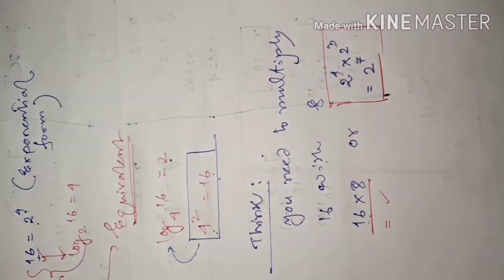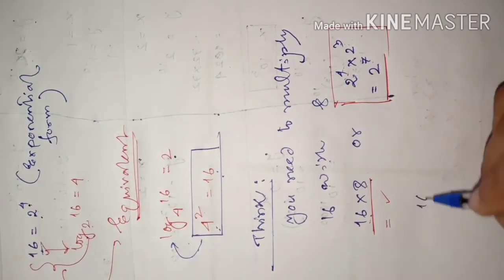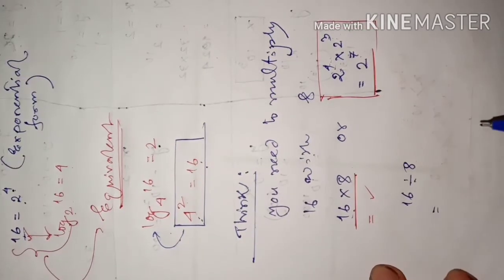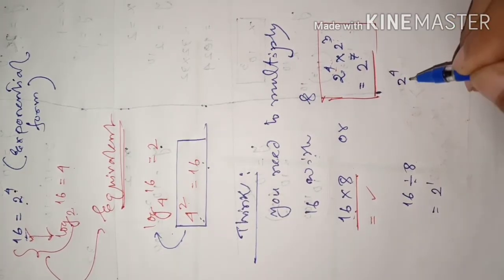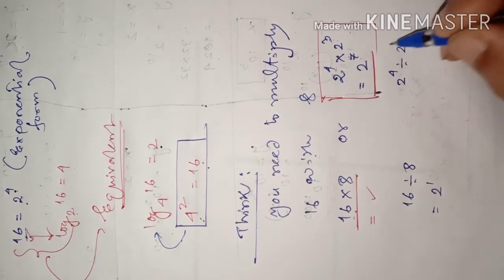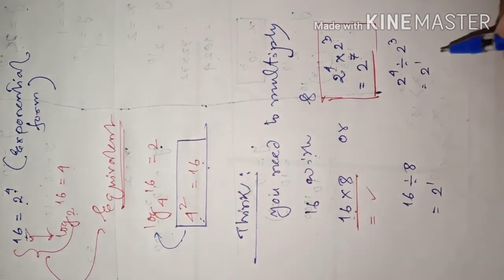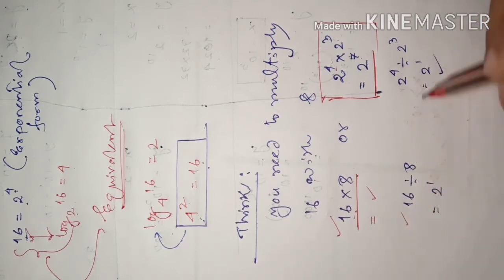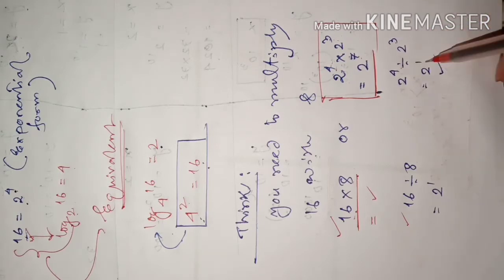Got the idea? Another situation you see, suppose you had to divide 16 by 8. 16 by 8 is equal to 2 to the power of 1, which could be done like this. 16 is 2 to the power of 4 divided by 2 to the power of 3. Then if you subtract the powers, that is 4 minus 3, that is 2 to the power of 1, which could be obtained this way also. So here you see this multiplication work or this divide work is reduced to addition and subtraction work. Here you see 4 minus 3 is equal to 1.